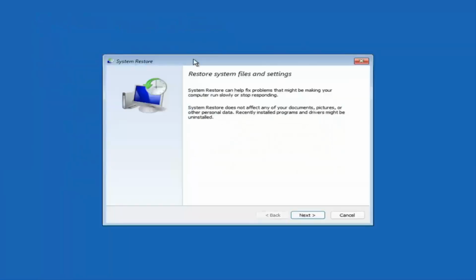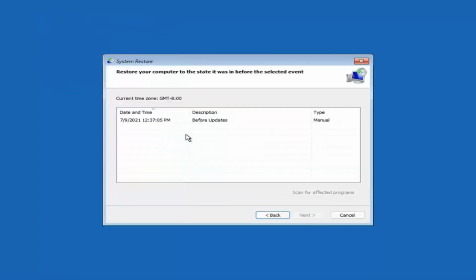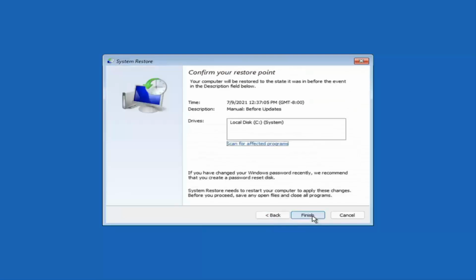And this is something I would highly recommend here, guys. So select next. Assuming you have a restore point saved on your computer, you go ahead and select the most recently created one, and you'll select next, and then you'll select the drive. You shouldn't actually have to select the drive. You can scan for affected programs, but we're going to keep it all default here,